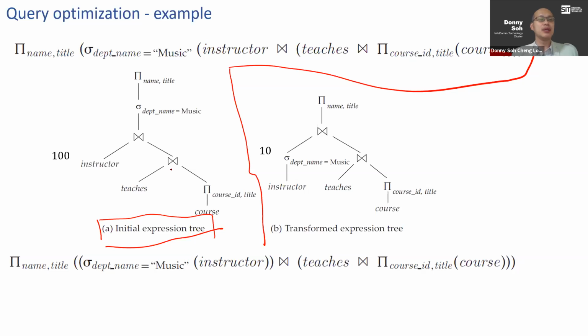Some of the ways is that, for instance, there is this selection operator. If you are able to push the selection operator before the join condition, then it will make the